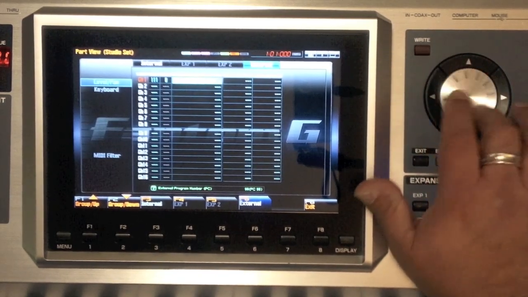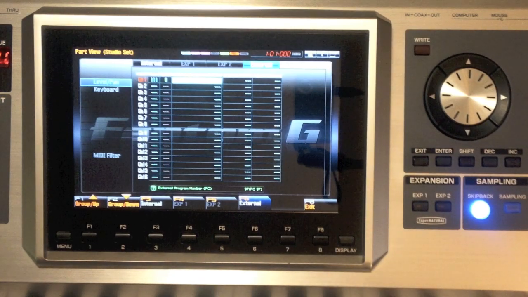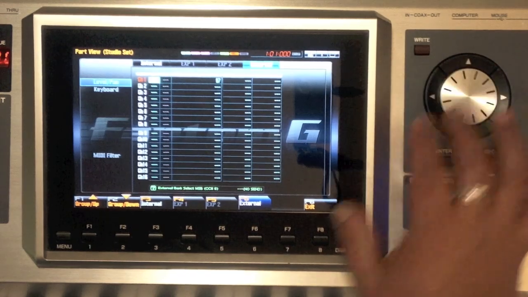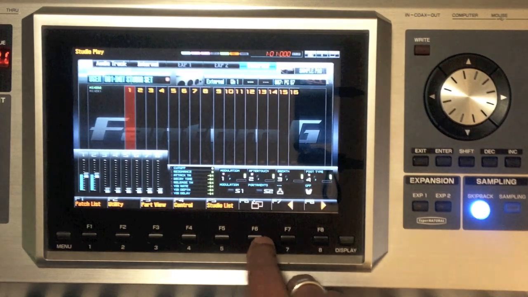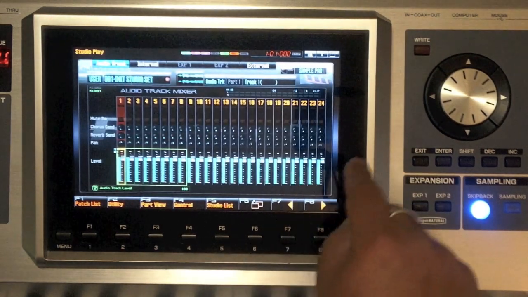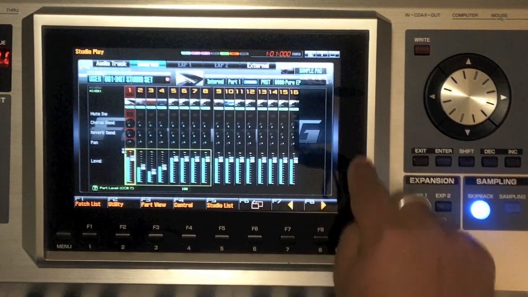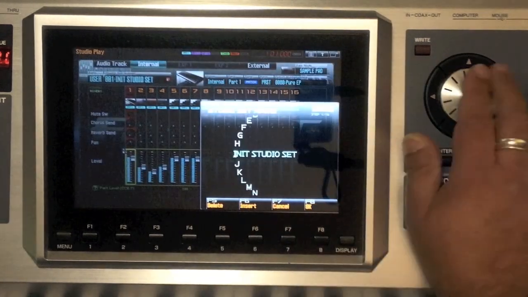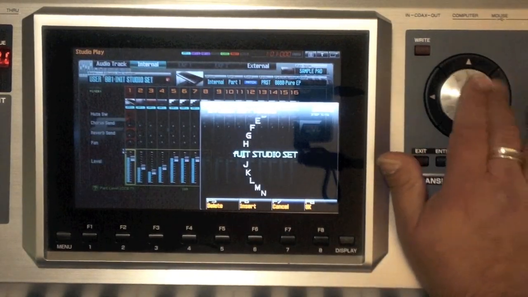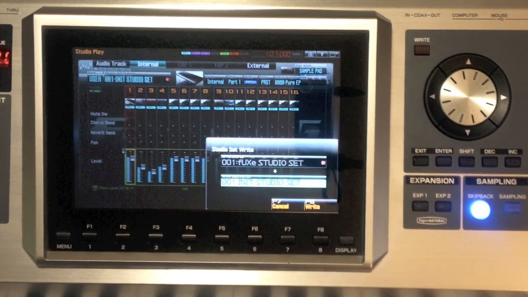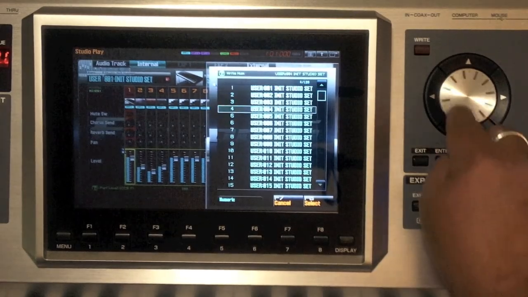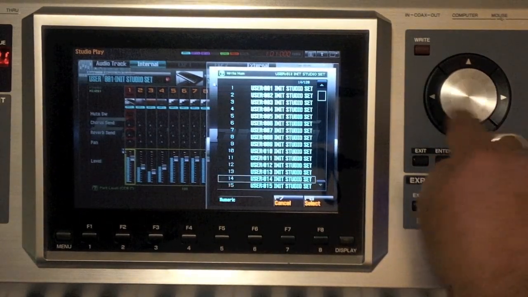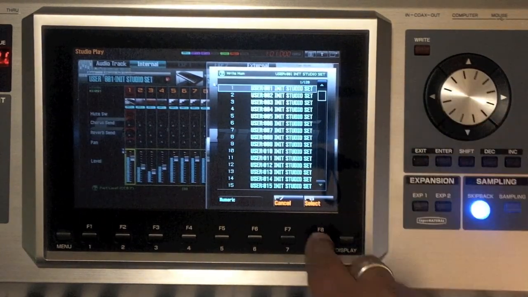So if you're playing live and you're having to control a lot of different other keyboards besides your Fantom, you can do that in here. All right, so this is really cool. And then once we're done with this, we can exit, and we'll go ahead over here. And we can go ahead and save this. So I can write this as a studio set, and I can call it, you know, my split, whatever. And then I can press F8 and then write it, or I can go ahead and press enter, find another spot that I want to put it, you know, organize some of my sounds,